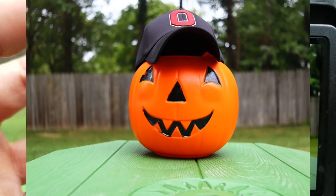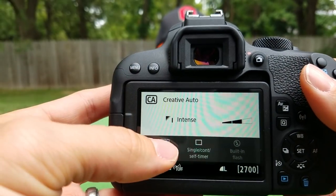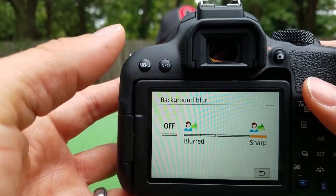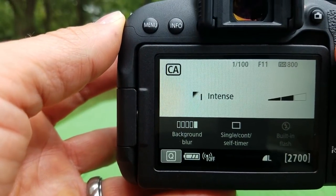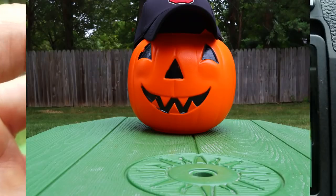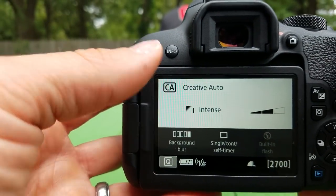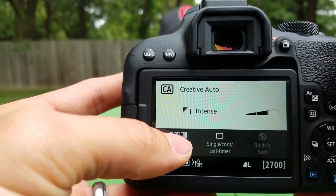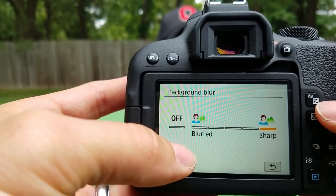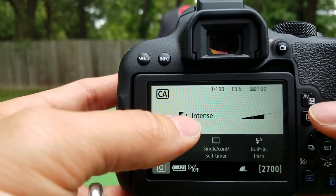And let's see here. Yeah, a little blurry. Okay, now let's go to, at the Q, sharp. Let's see what that looks like. And it worked. The background is sharp there. So that's a win-win right there. Now let's leave the background, let's turn that off. Okay, let's just leave it normal, however it would normally shoot, and let's play with some